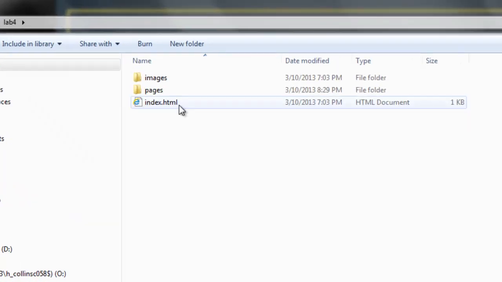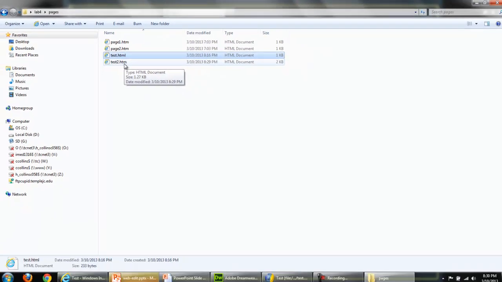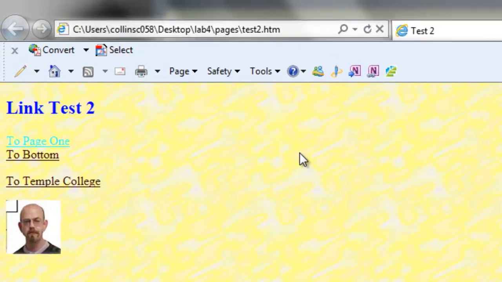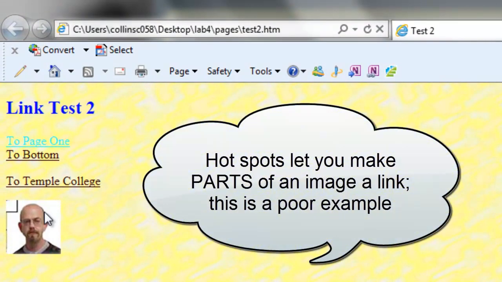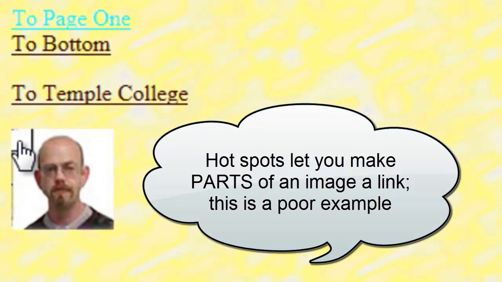Here's my Lab 4 folder. Open up the Pages folder. Here's Test. Here's test 2. When I point at this part of the image, standard cursor. When I point at this part of the image, I can see that it will link